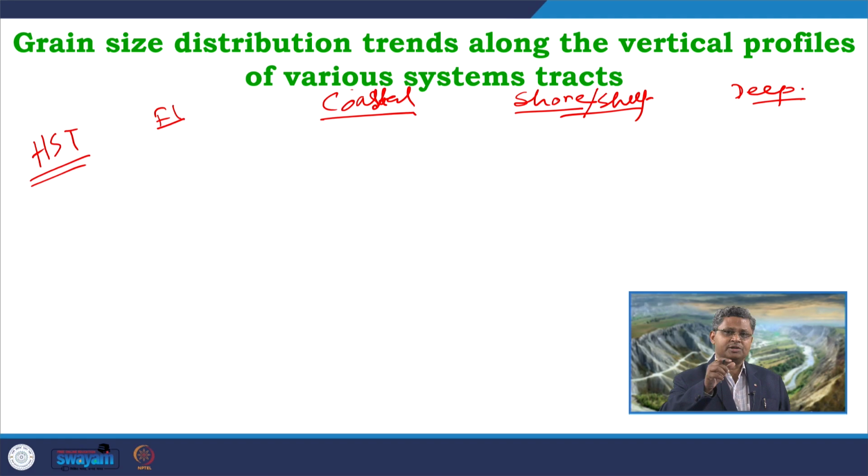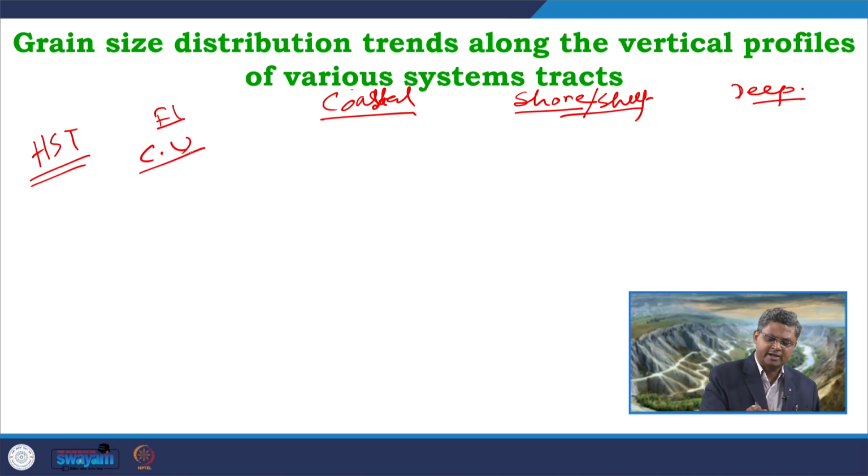There we are getting aggradation, and when it is aggradation, more floodplain deposits will be dominant. So, overall if I look at individual units, individual channel units, there will be a fining upward trend. But as we move forward with HST, gradually more channel amalgamation will take place, and that will lead to an overall coarsening upward trend. So, in this case commonly we can expect an overall coarsening upward trend, but if you look at individual channel amalgamations, then you will get fining upward trends.